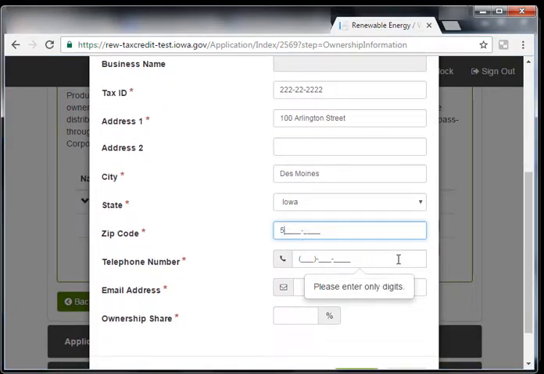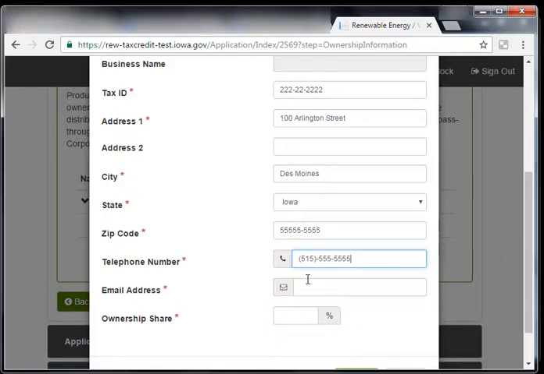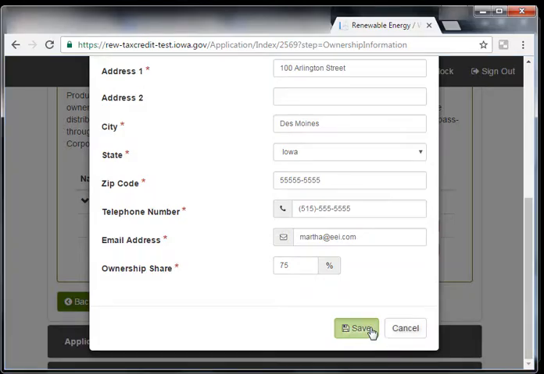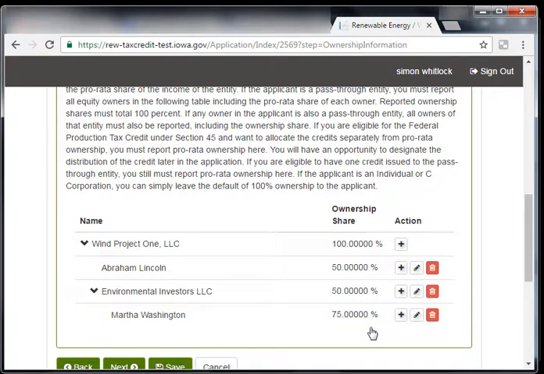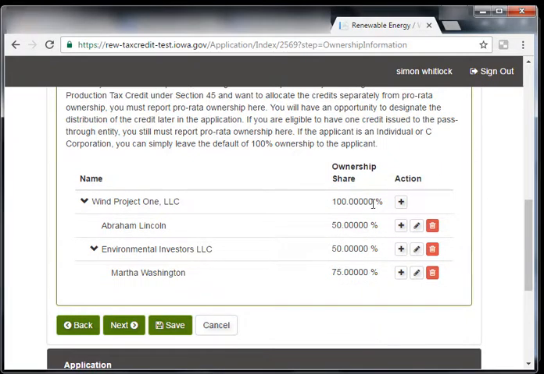Zip code. Telephone number in case we need to get a hold of Martha. Email address. Martha at Environmental Investors Inc. or LLC. And Martha, because Martha is our first lady, we're going to say Martha owns 75% of Environmental Investors LLC. Hit save. Go back to our dashboard that indicates who owns what and what percentages of Wind Project One or